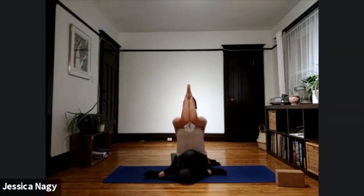You can stay here and just bring hands together, palms together, forearms together. Or you can take the left arm, crossing it over the right, working to bring palms together into like eagle arms here. Either way, you want the elbows up at about face height, just about shoulder height. Inhale here, and if you want to go a little bit further, you can stay here if this feels fine,